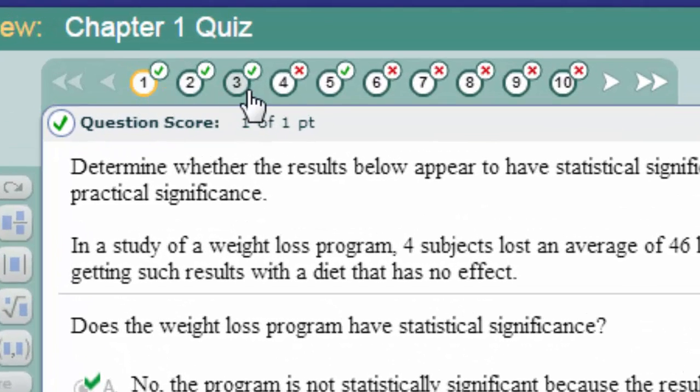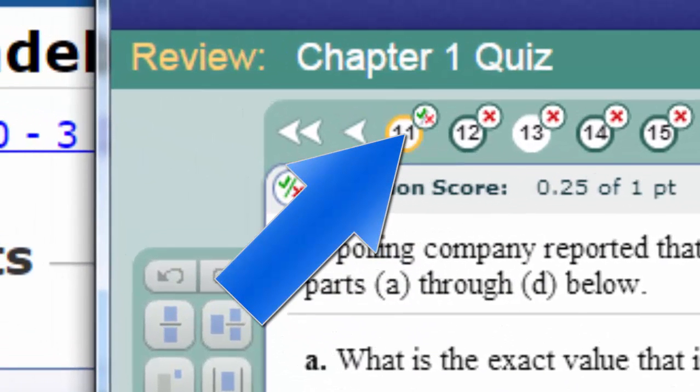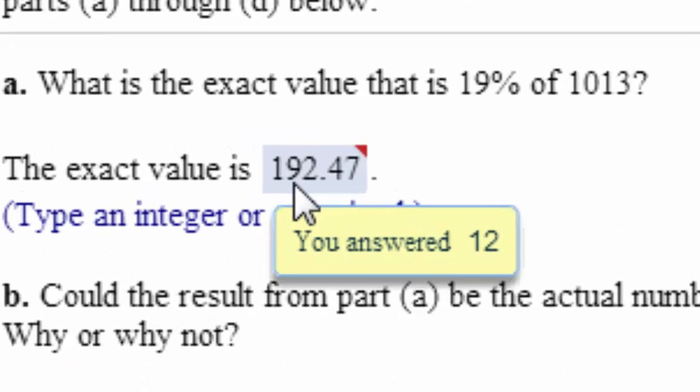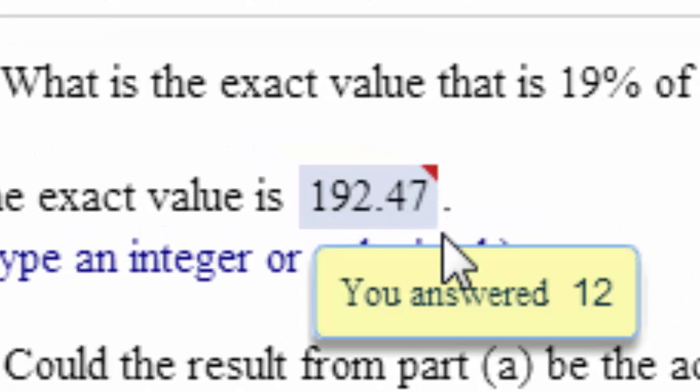Up here at the top, you can fast forward, basically skip to any question. Anything with a green check mark is correct. Anything with a red X is wrong. And anything with a combination, let's see right here, 11, that little green check mark and red X means part of it was right and part of it was wrong. When you go to a question, if a part was wrong, it'll have this little red thing here. Then if you hover over it, it shows what you answered,